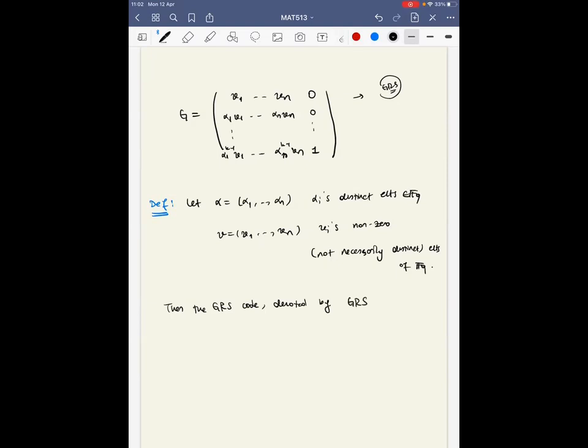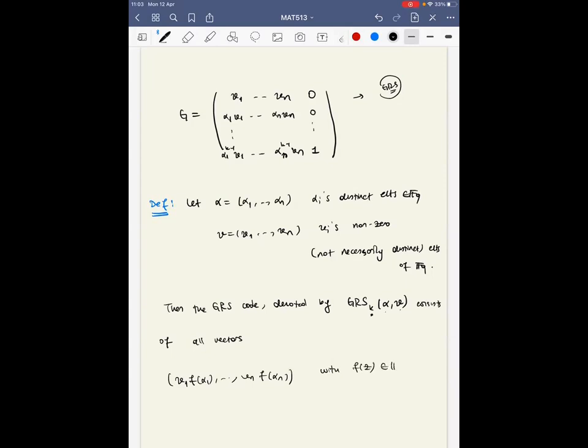Will be called generalized. Then we can define the generalized Reed-Solomon codes, which is denoted by GRS with given k and alpha and v, that consists of all vectors of the form v1 f(alpha 1), ..., vn f(alpha n)